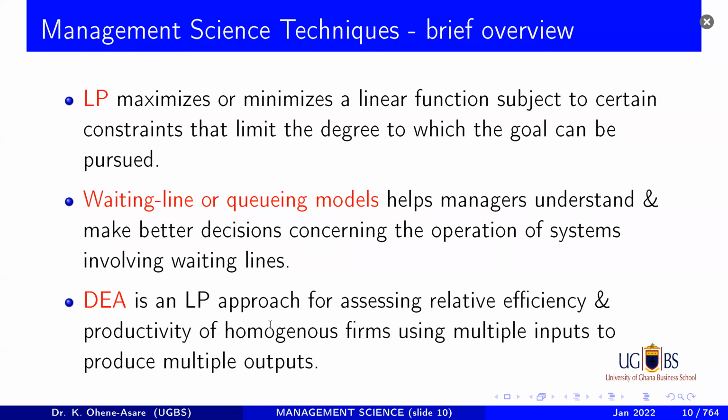DEA is data envelopment analysis, a linear programming frontier methodology for assessing the relative efficiency and productivity change of firms that are similar in producing output using some input. We shall study this